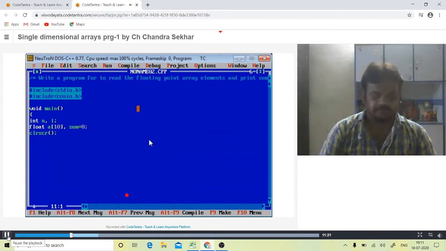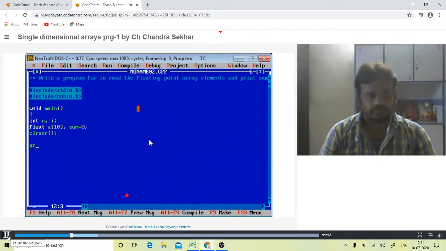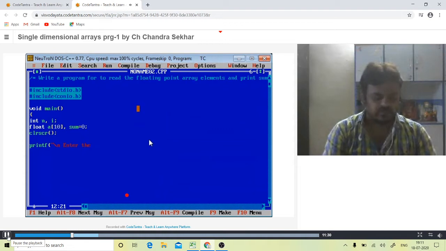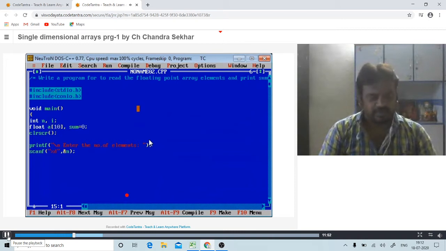So printf. Read the n value with scanf. Now read the floating point array elements.